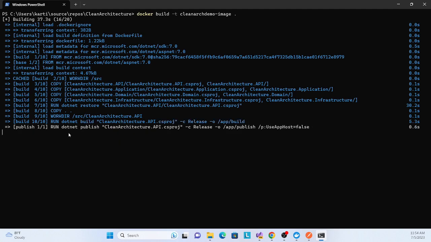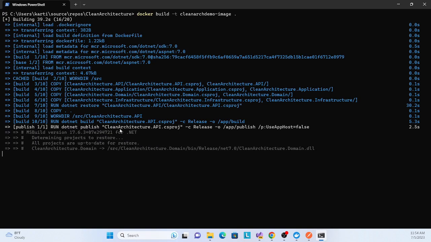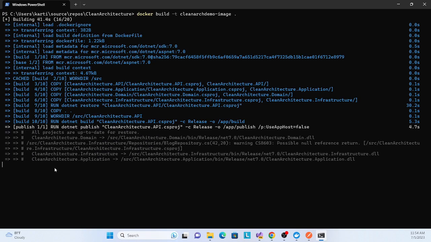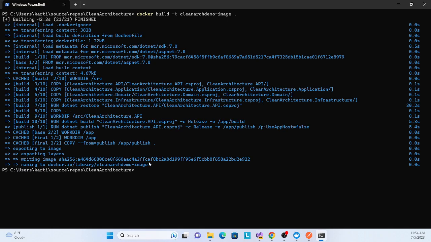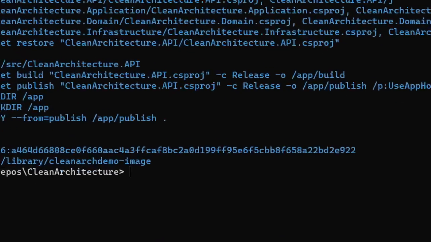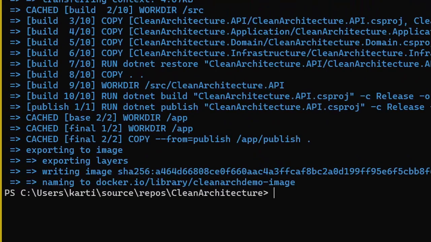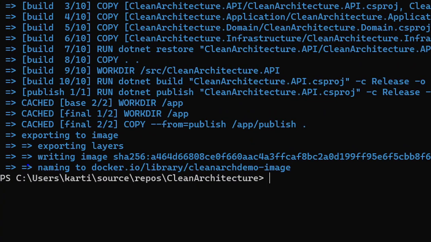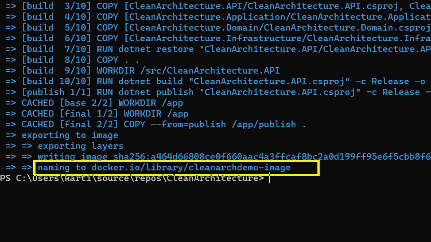Okay, almost done. Run publish is also done. Now the image has been created, so let's check the image name. Let me zoom in, and see, the image is created.